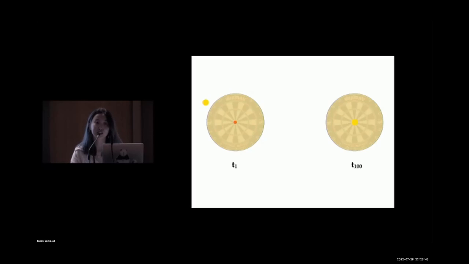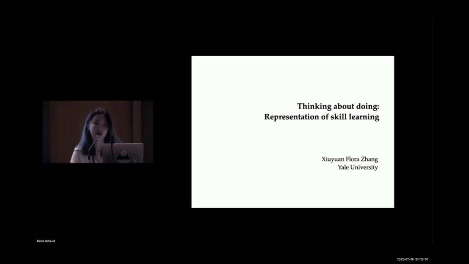Thanks. So just with this really quick example, I hope that it's quite obvious that it's very easy for us to represent and think about someone's initial performance when they're learning a new difficult task. It's also not hard for us to think about someone's final performance after some practice. But how do we think about this process in between? Do we have intuitions about how learning actually unfolds over time? So this will be the focus of my talk today.